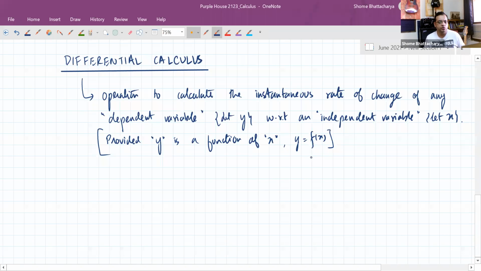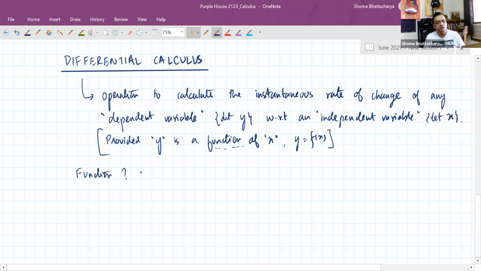each other by some kind of a rule or some kind of a relation, and that type of relation is called a function. So if we have a variable y linked to another variable or dependent on another variable x through a function, then differential calculus gives us an operation that will calculate for us the instantaneous rate of change of y with respect to x. Okay. So we had seen